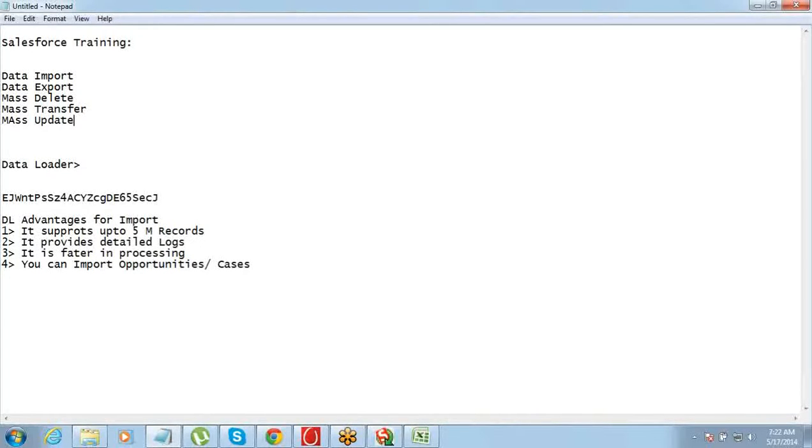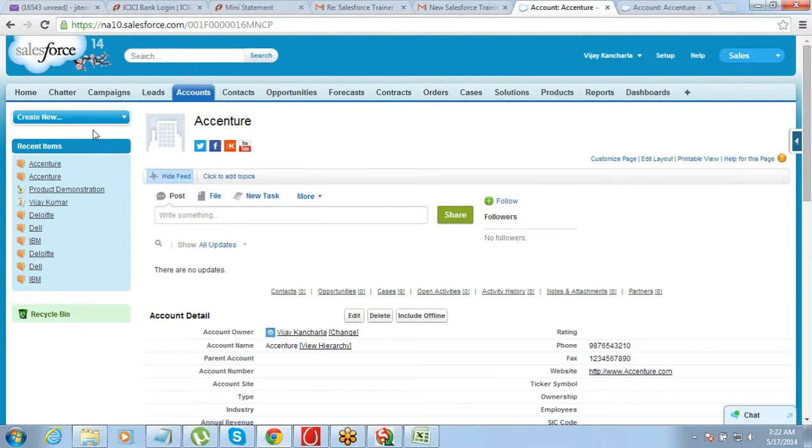We are able to insert records, we are able to take the data out, we are able to delete the data in bulk, we are able to transfer data, we are able to update it. So almost whatever operation can be done on data, we are able to do everything here, right? Though mass transfer is a little on the lines of mass update only, but we have an easier way of doing mass transfer through this data management, what we did, right?